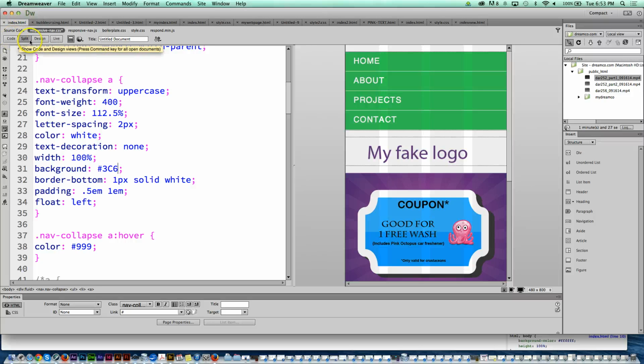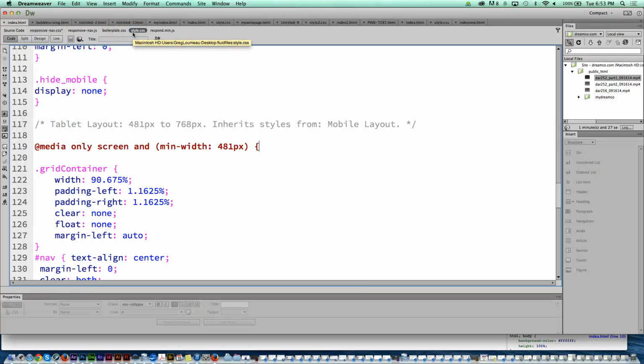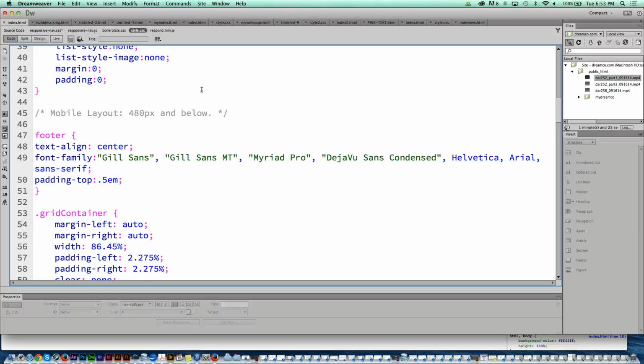What I'm going to do is I'm going to click over here to Code View, which is this button on the far left, so that we can see just code. And then what I'm going to do is I'm going to go up here at the top and I'm going to click on style.css. Okay? Now we're on the style sheet. Now the answer to your question is if we scroll up in the style.css to line 45, we see that the style sheet is actually divided into 3 sections. 1, 2, 3. Okay? The first section of the style sheet has something called a comment on it.